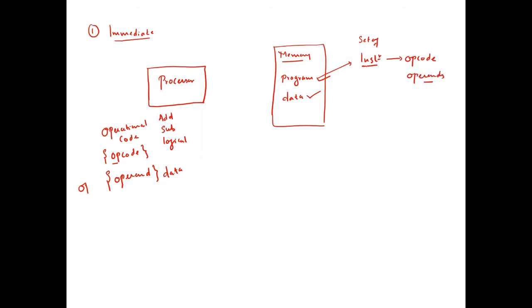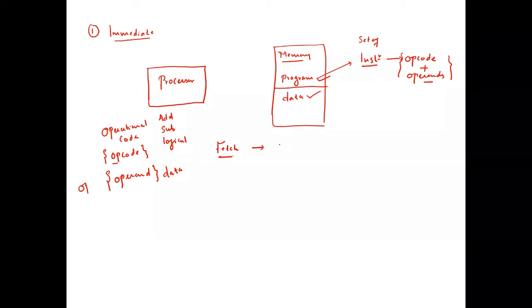Now when the processor fetches that instruction, what are we retrieving along with it? The operational code along with the operand, right? And we will categorize this memory into program memory and data memory. One section of the memory is where we store the programs, meaning the instructions. Each instruction contains the operational code and the operands. Once the processor receives that instruction, it will start decoding. When the instruction is read from the memory, that phase we call the fetch phase.